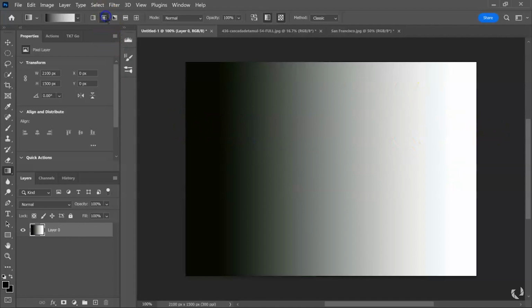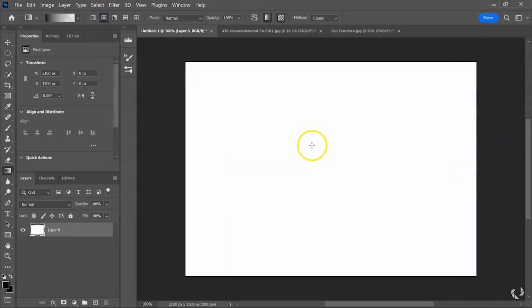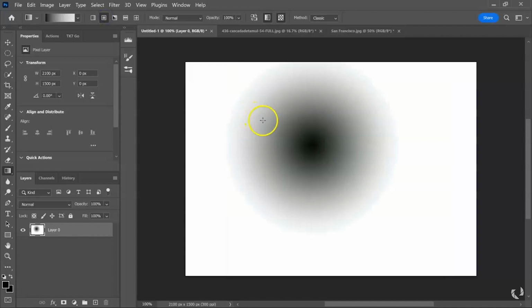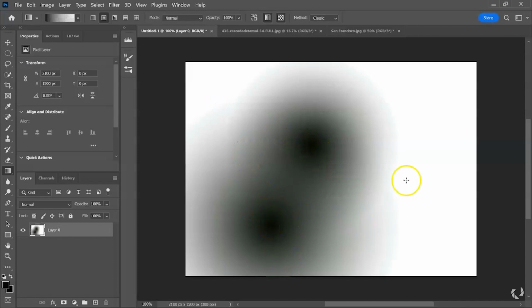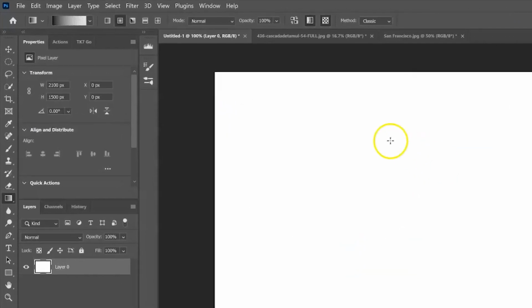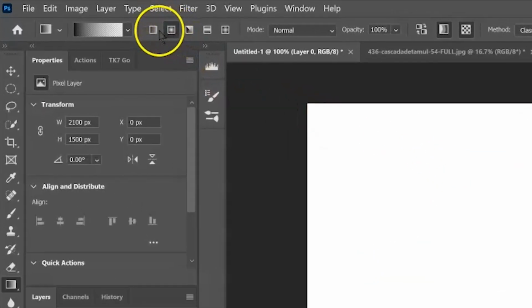This also can be applicable for the circular gradient here. So say we draw from here, it's now going to create a circular gradient based off of where you start your initial line. So those are the 2 most popular gradients you're going to be using. There's also a few others here, but I haven't really found many uses for them in photography. So the main thing I use gradients for is for creating and editing masks. They're very good at being able to control the adjustments where you want them,